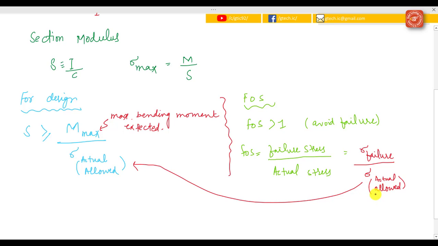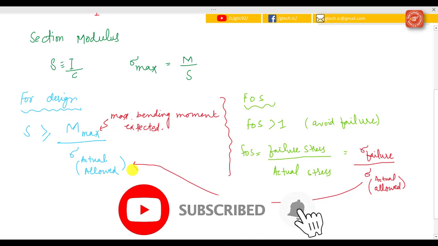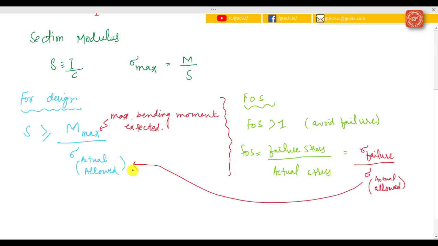In this case, our sigma allowed is put in, and we find the section modulus that we are going to be able to get from the cross section. It is actually listed for typical I-beams and other cross sections in the tables of the Manual of Steel Construction printed by the American Institute of Steel Construction. That's what we are going to use as we go forward and do the actual design problems.